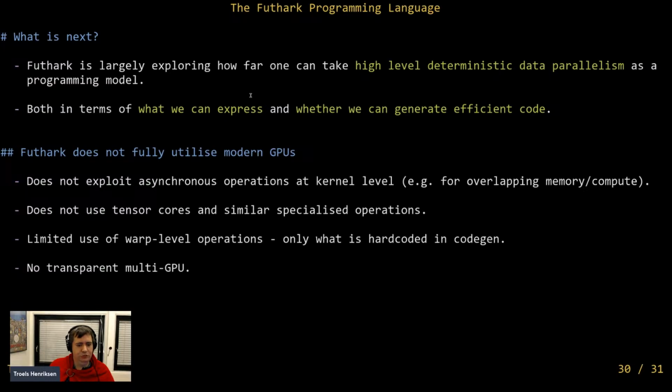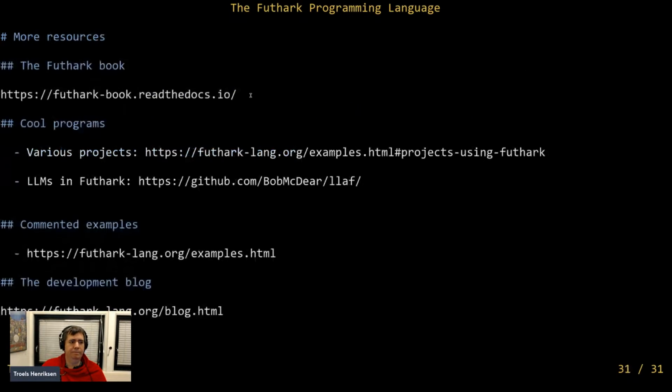It turns out it is still tricky, because Futhark is still a little too expressive in some ways, so it can be difficult to do that efficiently. Okay, this is pretty much all that I had for today. If you think Futhark is interesting, there are some resources that I suggest you look at.